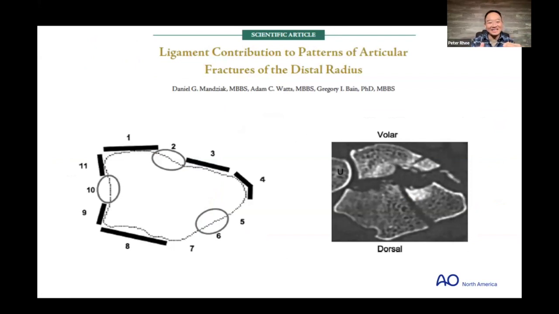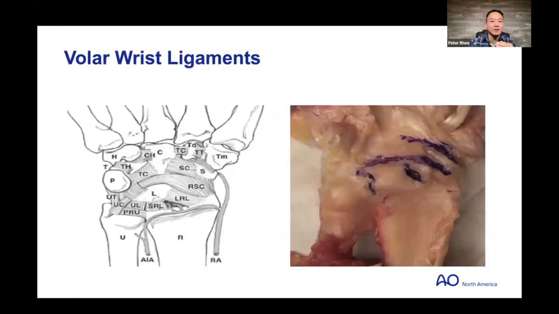But they're predictable because these fracture planes occur in these little weak areas between the origins of the radiocarpal ligaments, and where those ligaments attach to the bone are just inherently stronger from the stresses that are there. And so these fracture planes can go through these little weak areas, and that's why they're fairly predictable. So then if you have these fracture fragments, you can trace out exactly what ligaments attach